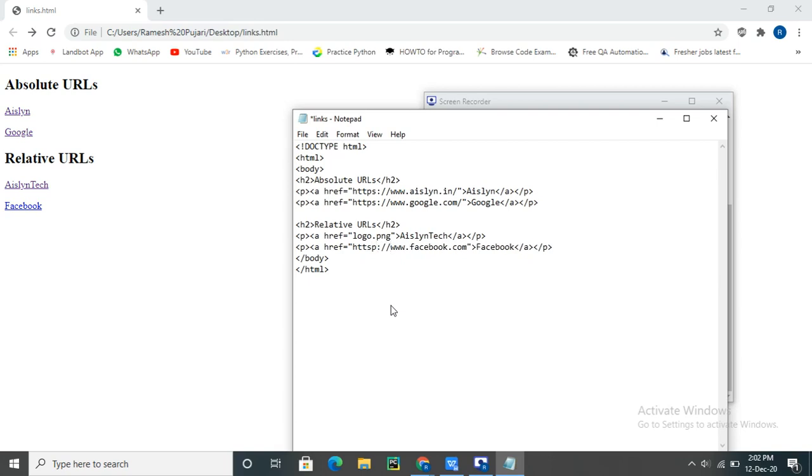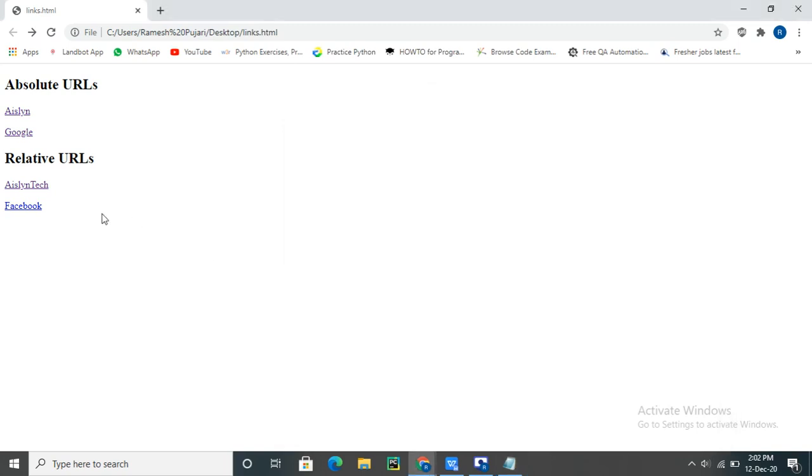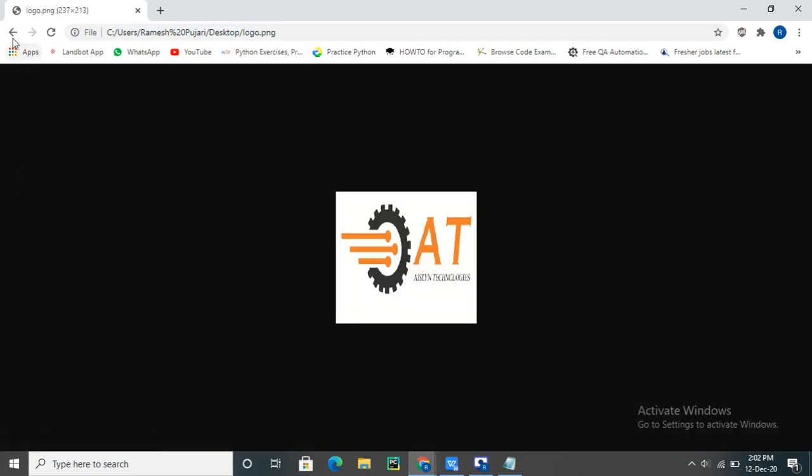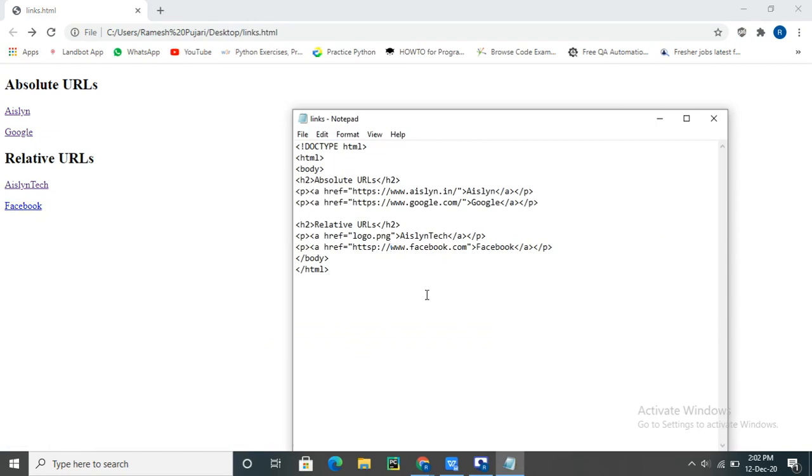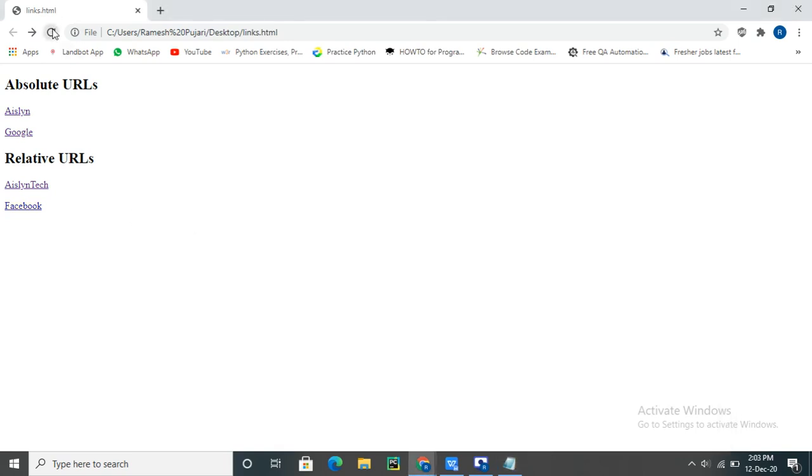Whatever I have stored locally will work. Okay, now I will refresh. I'll click once again. Okay, the https spelling was wrong. Now I will refresh the browser and click, and it is redirecting.